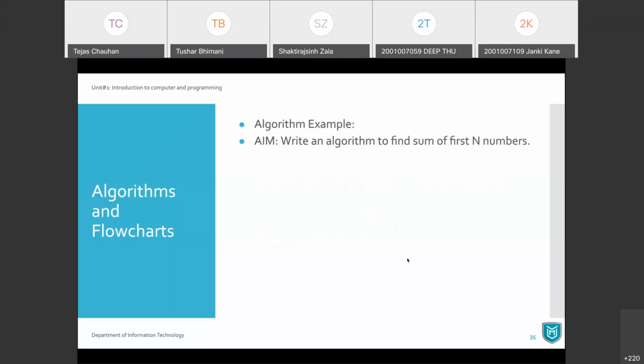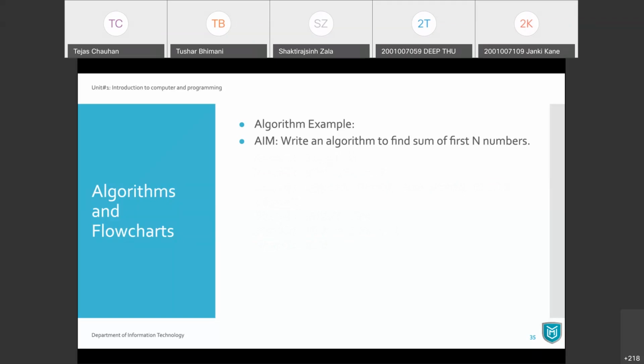Now let's have one more algorithm so that we can have an idea how we can write it here. So let's say you want to sum the first n numbers. Look, capital N is the natural number notation, so that's why we are using it here.